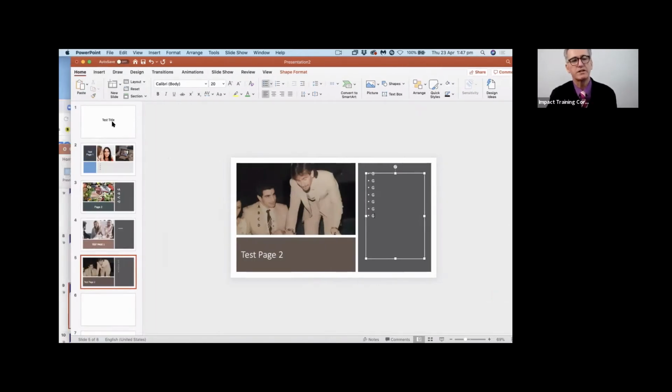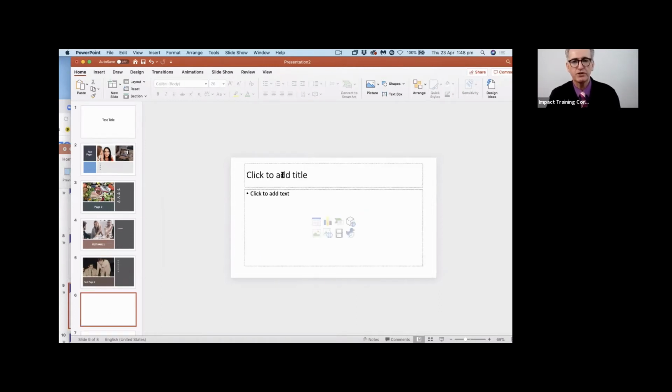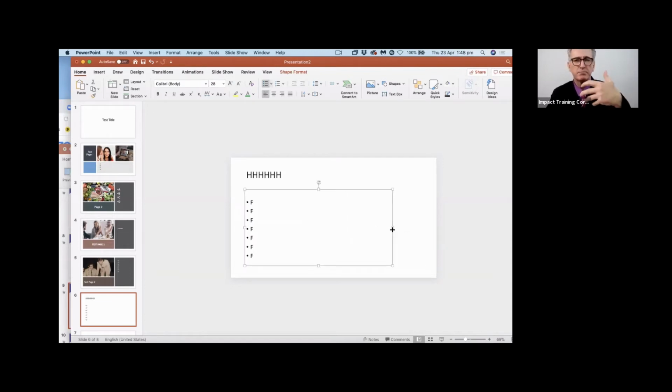So all I'd like to see you guys have is your title. Before you drag your pictures, make sure you type in what the title will be. Any type of text you want. You make the text box bigger or smaller. That doesn't mean you always have to have a picture, but it's better to have something that's visual.